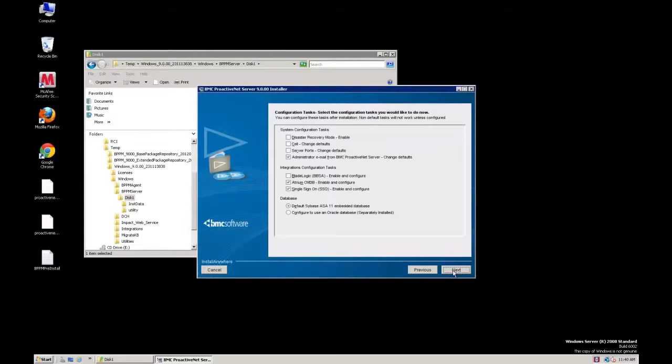New in 9.0 is a configuration task screen. This page will allow you to change some of the default configuration options. Selecting any of the system configuration tasks will allow you to change the defaults for those components. Selecting the integration configuration tasks will allow you to enable and configure integrations during installation. There is now a post-installation GUI-based configuration, so don't feel obligated to configure the integrations at this stage,